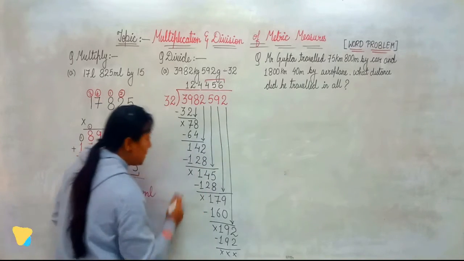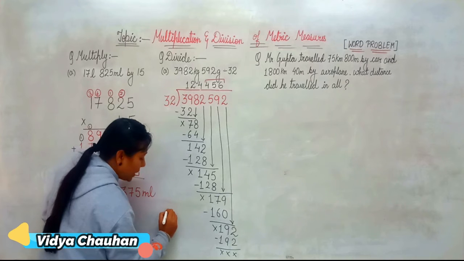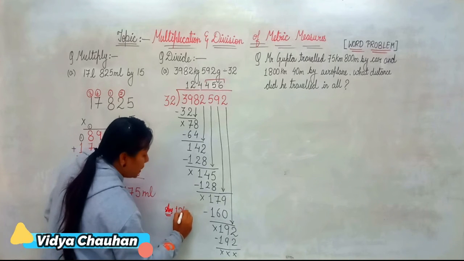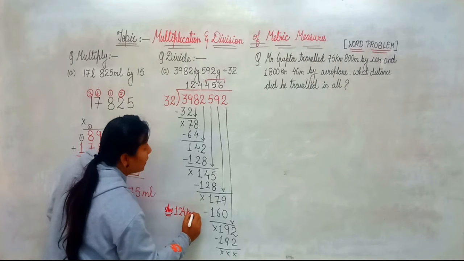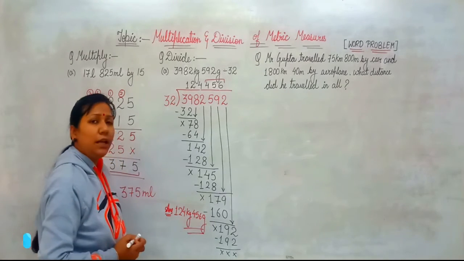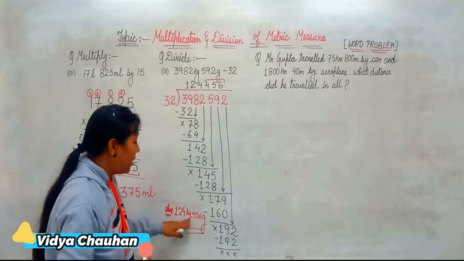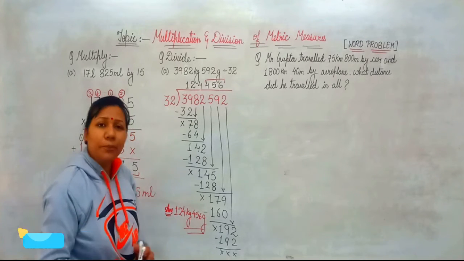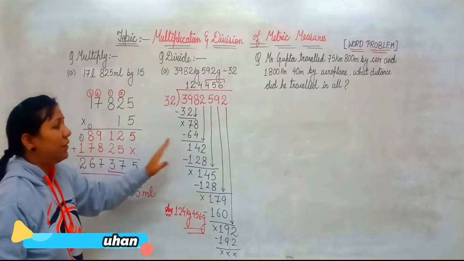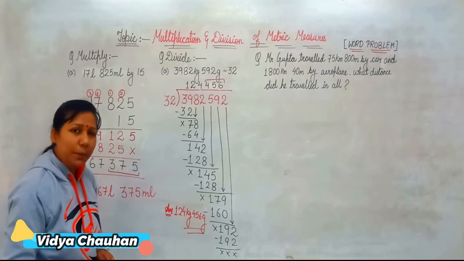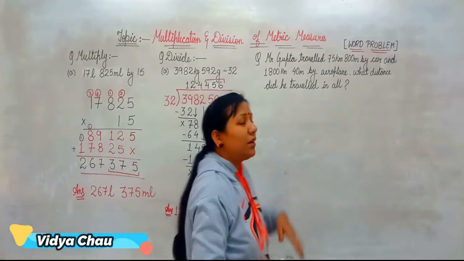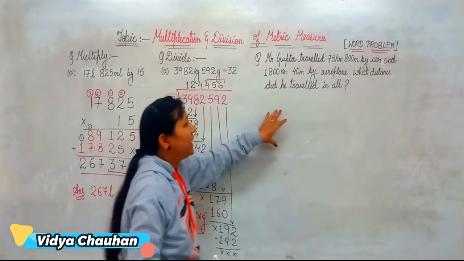So what is your final answer? The final answer for this question will be 124 kilogram and 456 gram. This will be your final answer. 124 kg, 456 gram. Clear students? So this is how you can perform the multiplication and division of the metric measures. Understood? Now moving to the next question, in which I have taken a word problem, and let's read the word problem